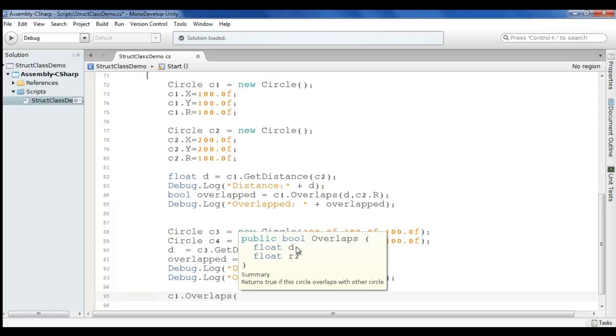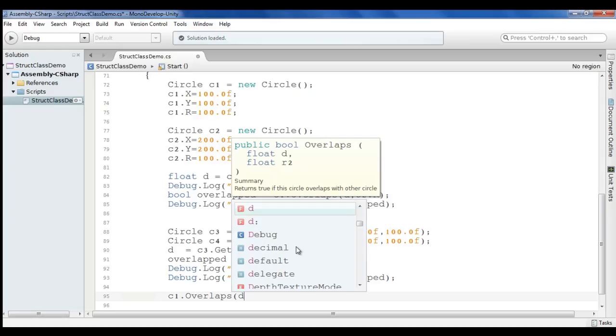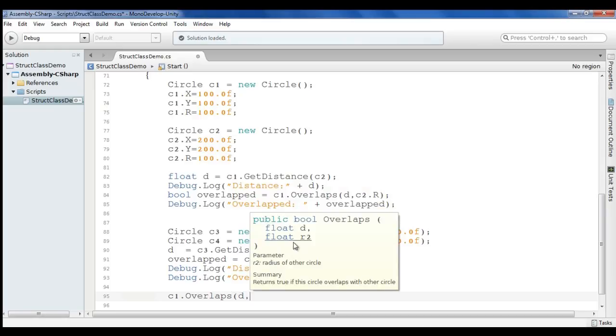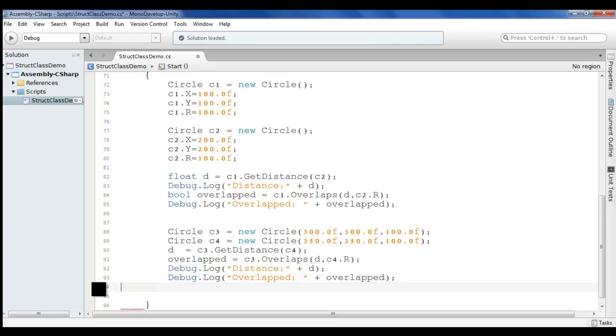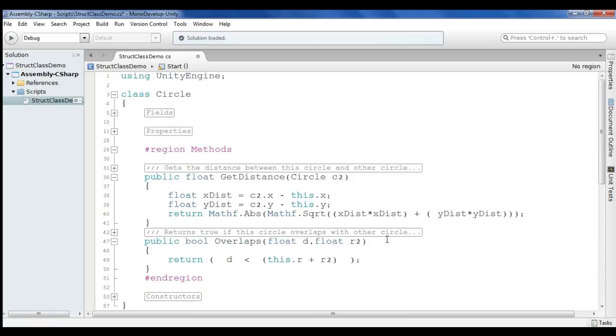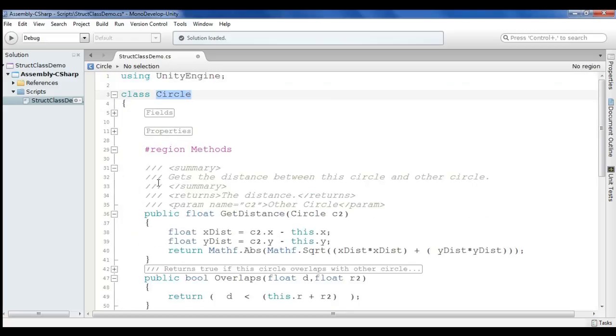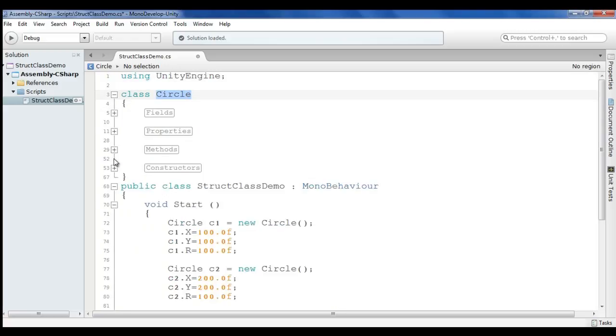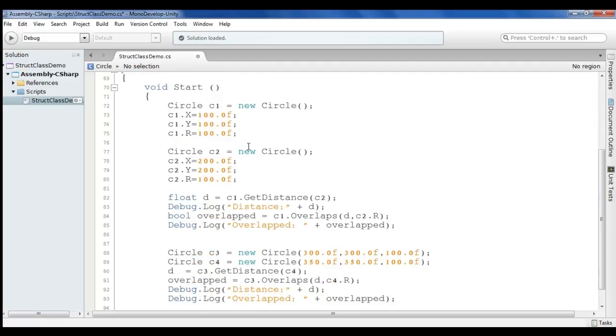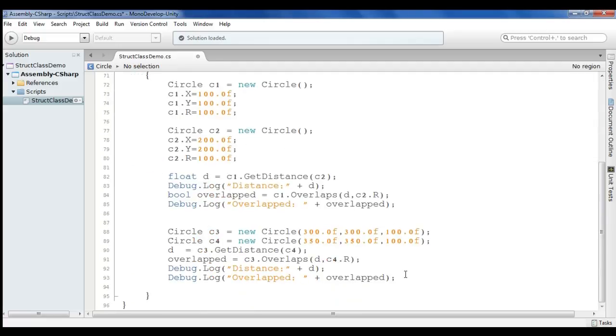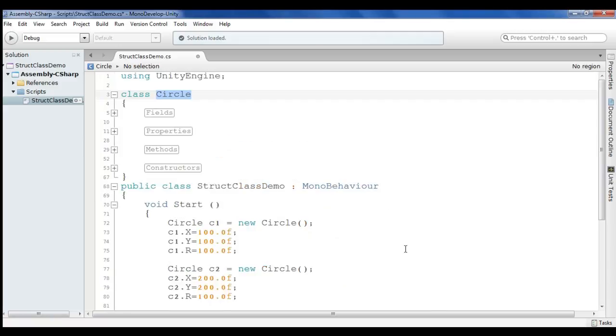And first I pass the distance. Let us say I pass the d variable. I put a comma, and you can see R2 is highlighted, and it is asking here, parameter R2 indicates the radius of other circle. So you have to pass the radius of other circle. This is really good, right? You have to create regions, follow these standards, follow naming conventions, and you can create the documentation for each and every variable and method, so that others can understand easily. Even you can understand that code later, it makes the code much more intuitive.